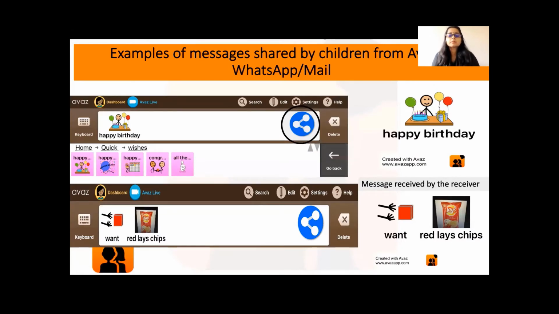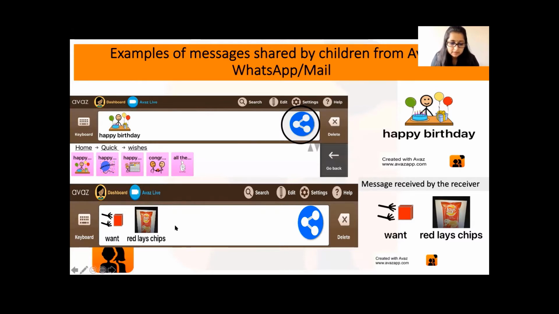So this is an example of the message sharing feature. Very commonly, children do share messages. AAC users do share these kinds of messages, such as "Happy Birthday." So it's possible to share it with a family member or friend.